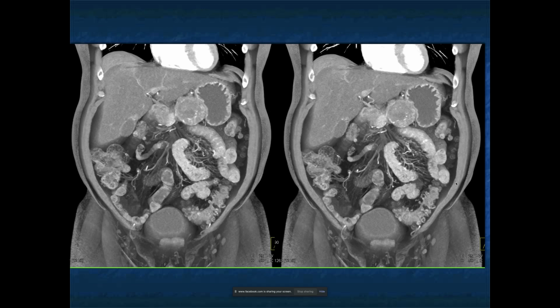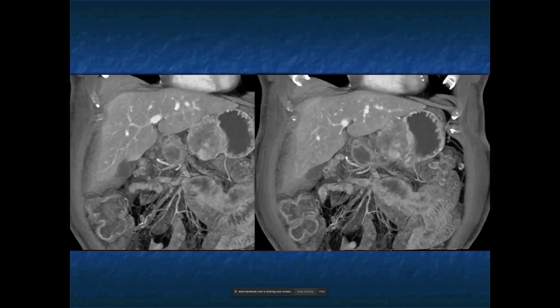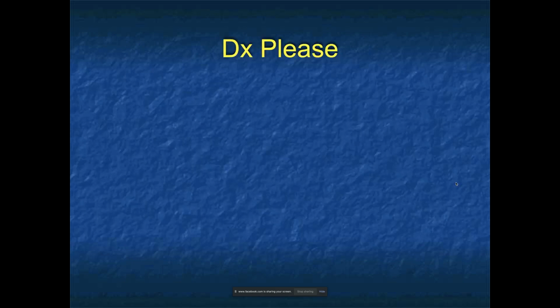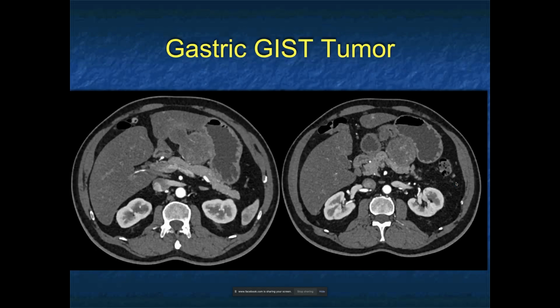There's some enhancement present, and this is a classic appearance. Again, think about it. It's not an adenocarcinoma, it's not going to be lymphoma. Gastric GIST tumors are the things that come off the stomach, can push on pancreas or spleen or kidney even. They tend to be large. They're exophytic, nicely shown here in cinematic. Very classic for a gastric GIST tumor. A really, really nice example. And hopefully you do appreciate that as you look at it as being a really great case. So it's a case I really do like.